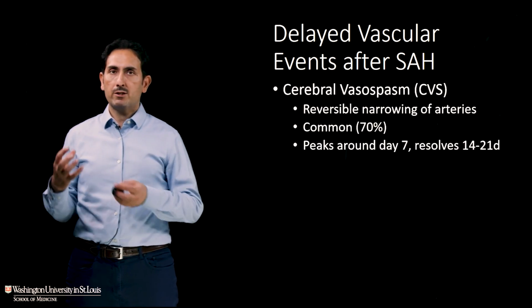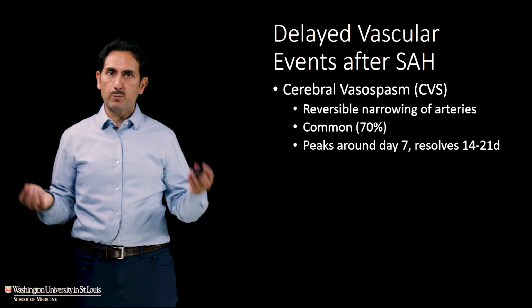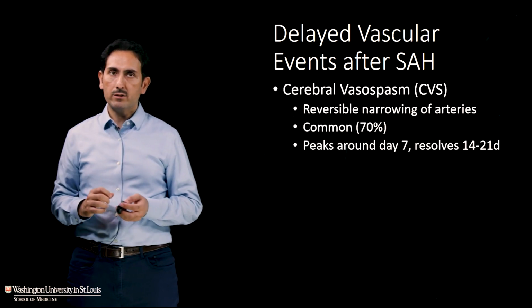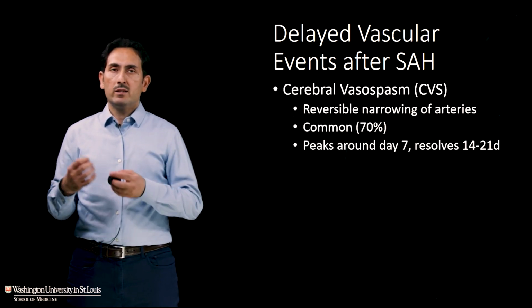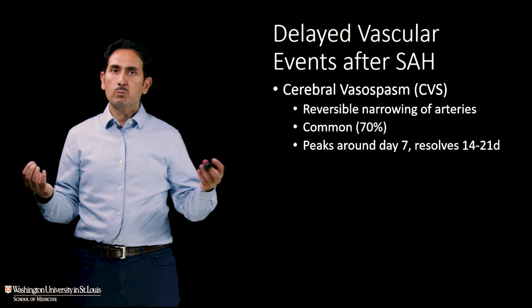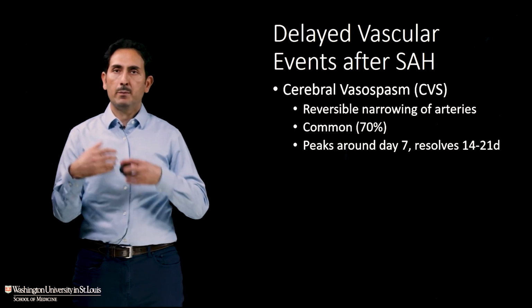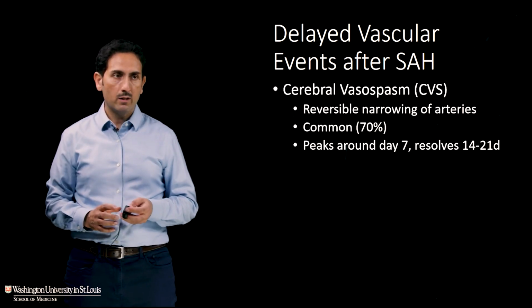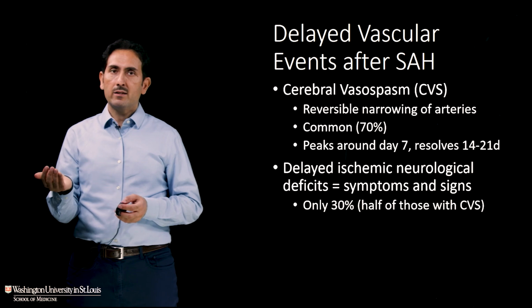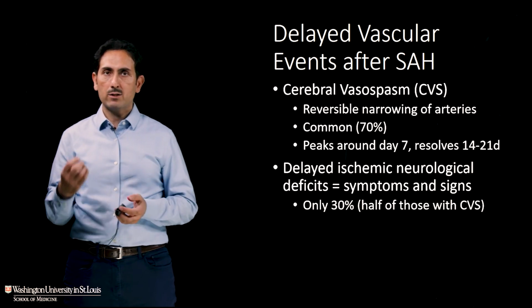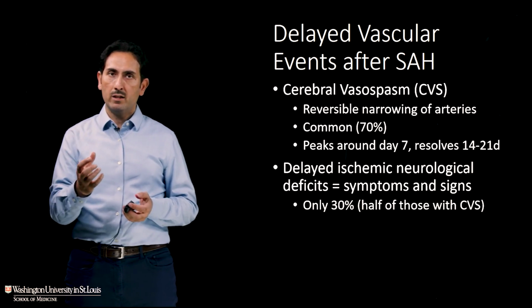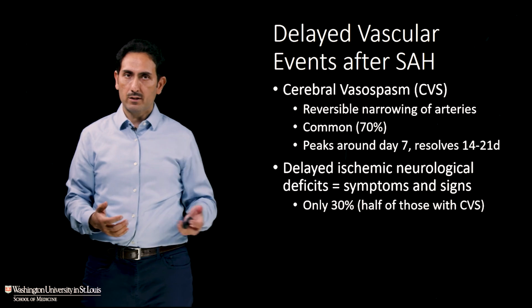And it's important to recognize that there's two things going on. There's cerebral vasospasm, that's a narrowing of the blood vessels. It's very common. It's reversible, but it does occur around 1 week. So in a person who's doing well, they may develop narrowing of the blood vessels. Slightly different from that is the development of symptoms. That's stroke-like symptoms that are delayed, called delayed ischemic deficits.